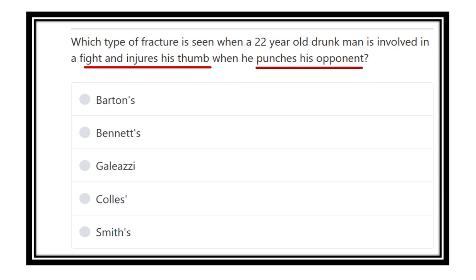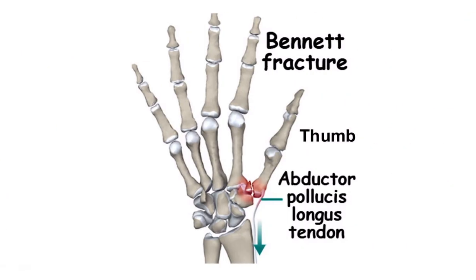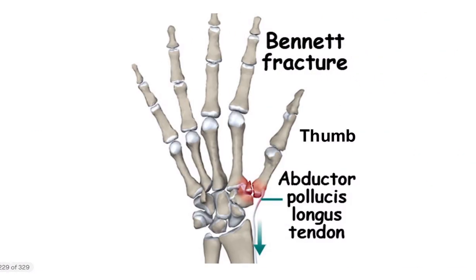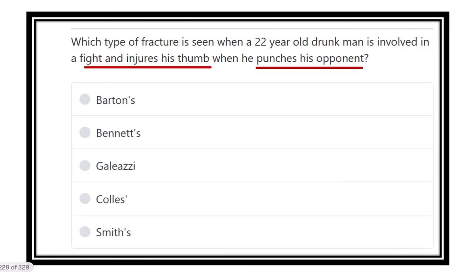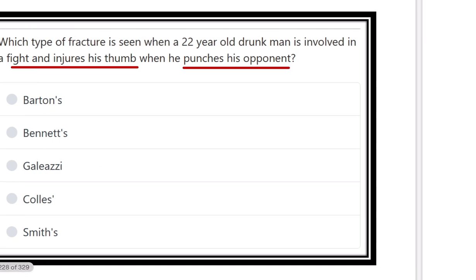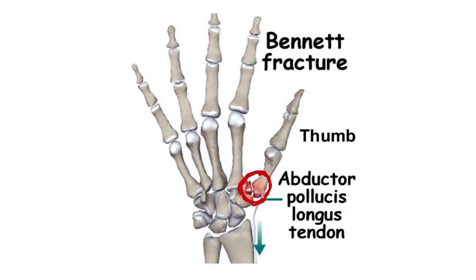So first of all, see this fracture. This is a fracture which involves the first metacarpal. This is the first metacarpal. This type of injury occurs when there is boxing, that means the punch, after punch the injury, and this is the fracture of the first metacarpal bone. So in the thumb there is the first metacarpal bone which is fractured, and the mechanism of injury is